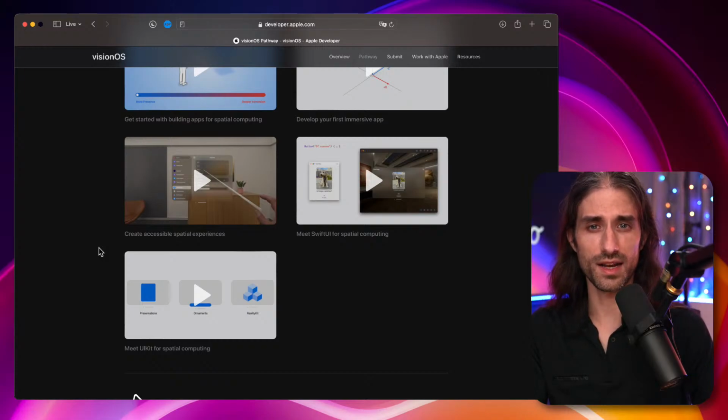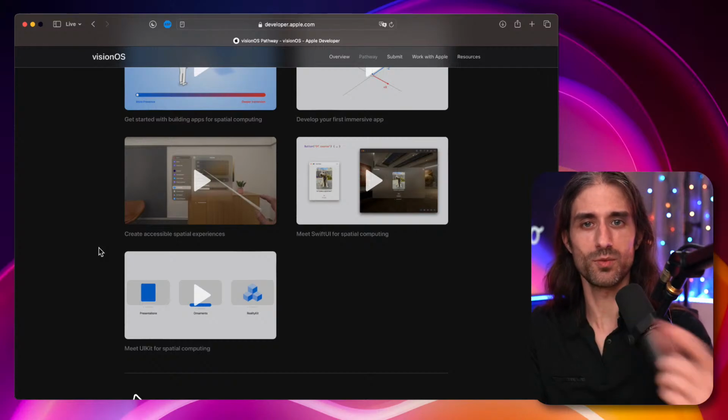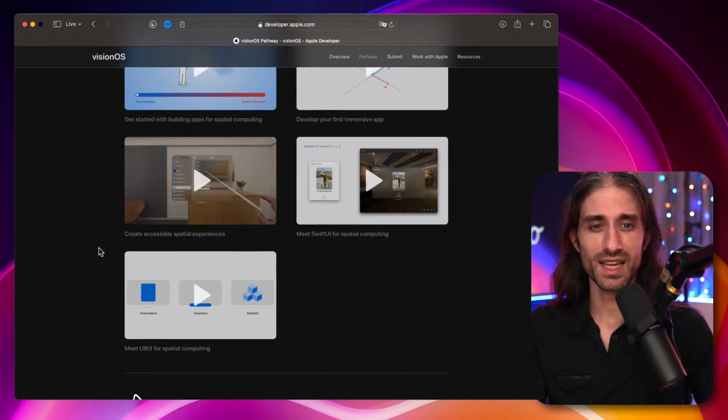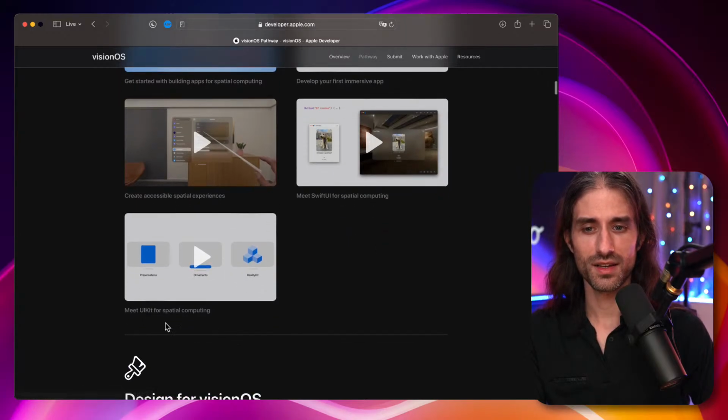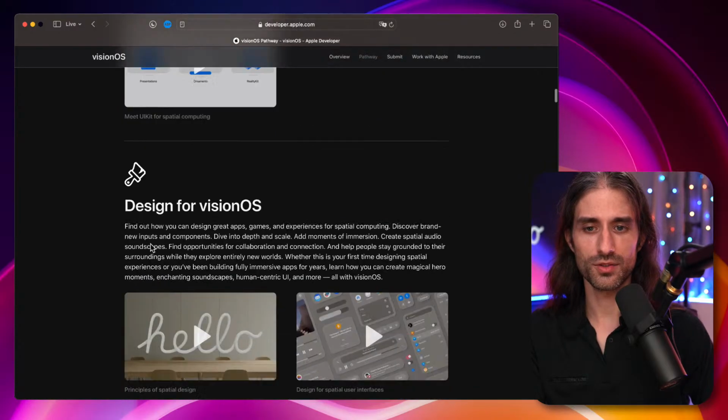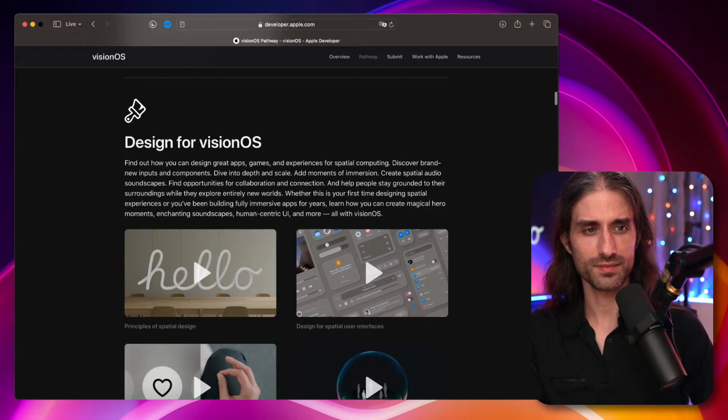I've experienced it, like when a button doesn't want to tap, well, what do you do? Except keep doing that and hoping it will register. It's quite a weird feeling, but it can also be a frustrating feeling. So I understand the importance of that. And then how to use SwiftUI in visionOS, and how to use UIKit also in visionOS.